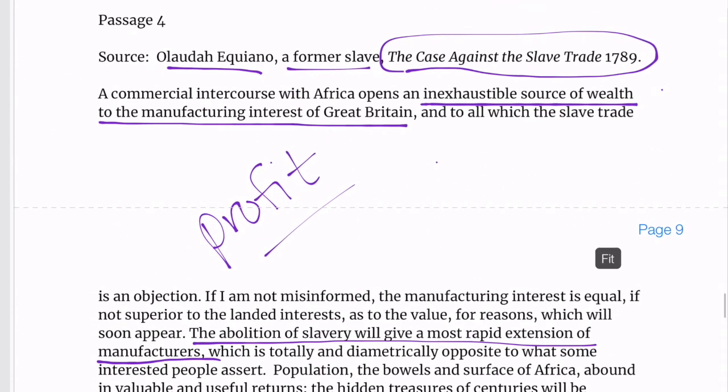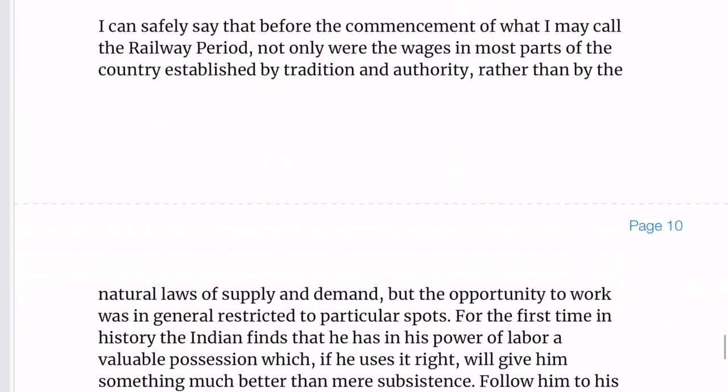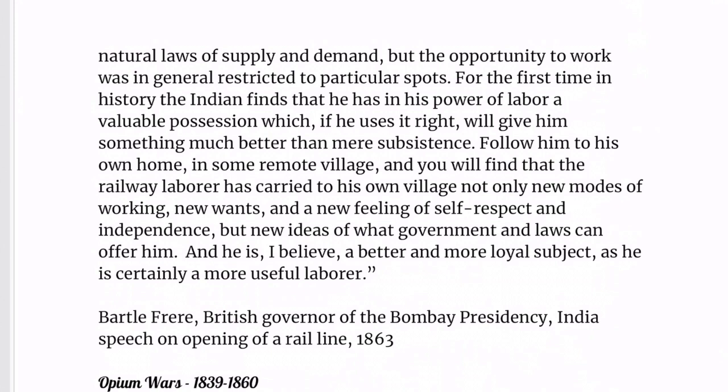This is his purpose, because we see that in the title right here. So if the purpose is to end the slave trade, he's playing to the crowd, the British, and saying, hey, you're going to make more profit if you do this. Our next document is from India, and it is written by Bartle Frere, a British governor of the Bombay Presidency,